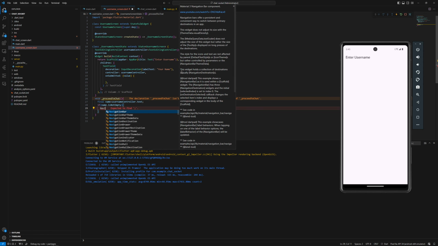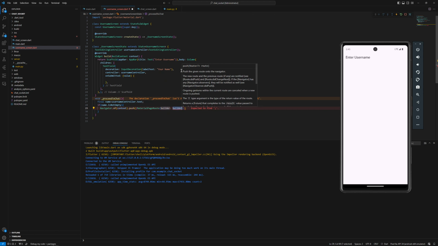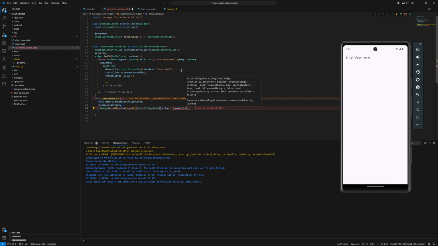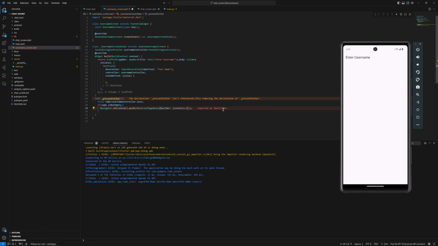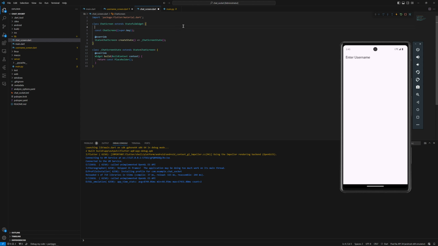So I'll use Navigator dot of context dot push, and then MaterialPageRoute, and then I can use context, and then I'll move to the next screen. So here I'll create a next screen, stful, it will be a chat screen, and just copy the name, paste it in here. Okay, so for the chat screen, I want to give the username that I've just added from the previous screen. So string username,